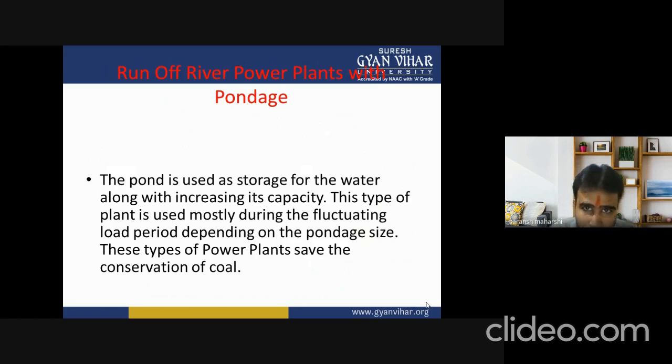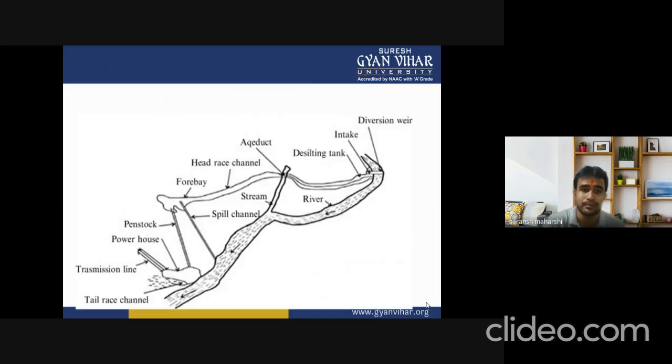और इस तरह का जो हमारा पावर प्लांट होता है, जिसको हम बोलते हैं रन ऑफ रिवर पावर प्लांट विद पॉन्डेज, इसको हम फ्लक्चुएटिंग लोड पीरियड के लिए यूज करते हैं जो कि पॉन्डेज साइज के ऊपर डिपेंड करता है। एंड दिस टाइप ऑफ पावर प्लांट सेव्स द कंजर्वेशन ऑफ कोल, और ये कंजर्वेशन ऑफ कोल की कैपेसिटी को हमारे पावर प्लांट को सुरक्षित करके रखता है। एंड दिस इज द डायग्राम ऑफ दिस